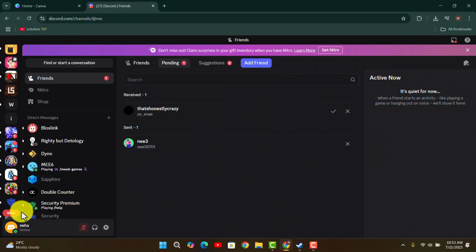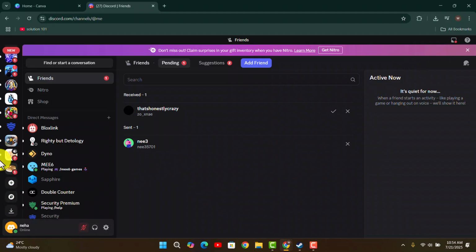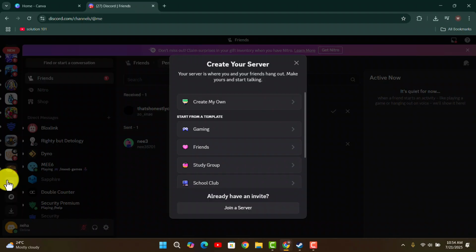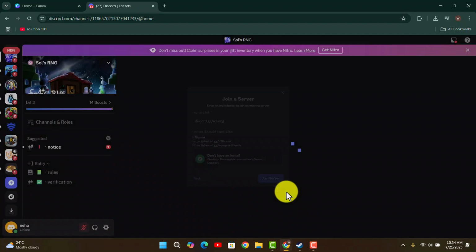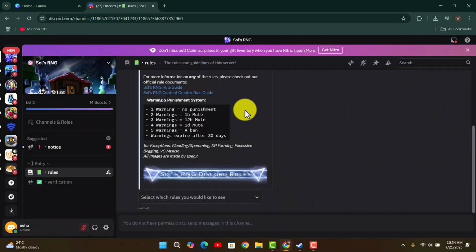First of all, you want to open your Discord application, so type in discord.com and log into your account. Next, from the left hand side corner, click the plus button or add server from the bottom left hand side corner of your screen. After which, you simply want to tap on join a server and type in the link, that is discord.gg/soulsrng. You want to click on the join server button,